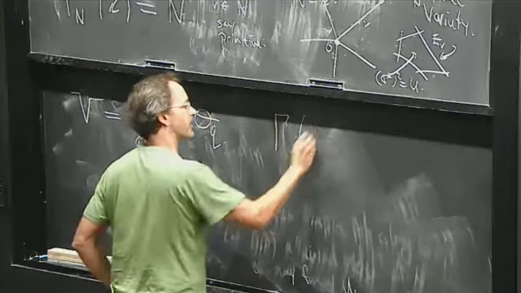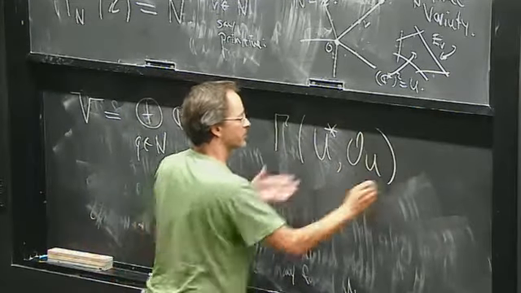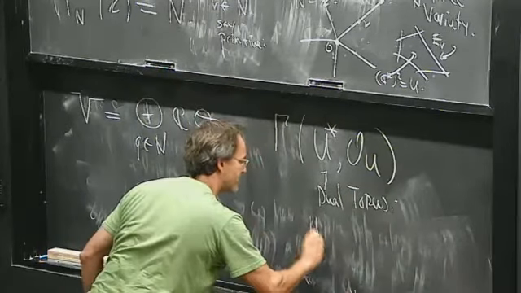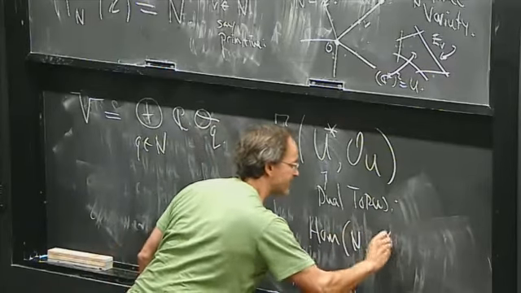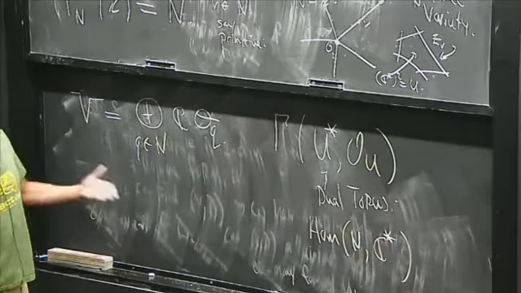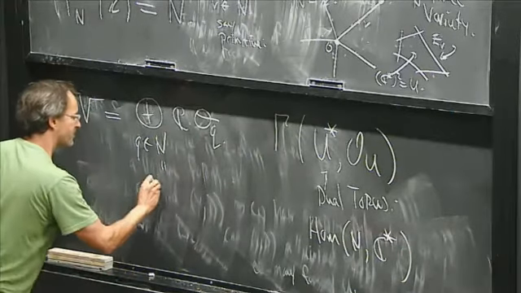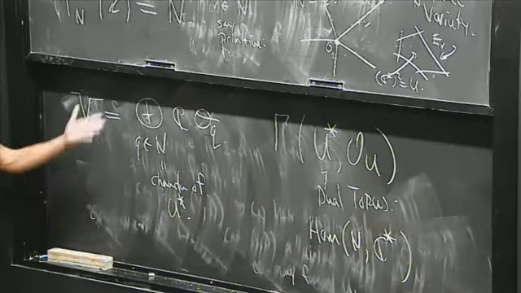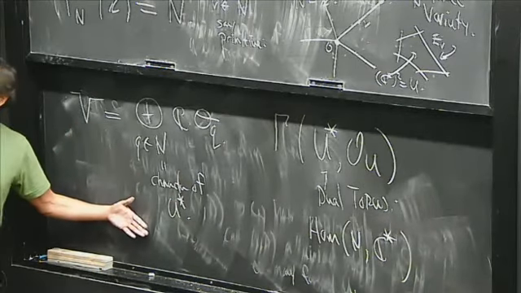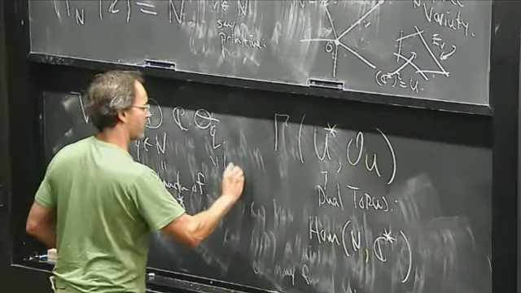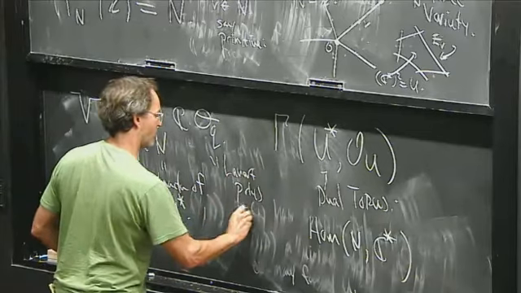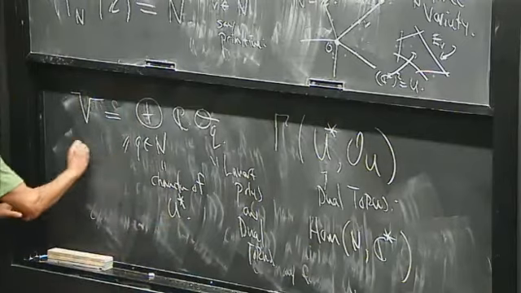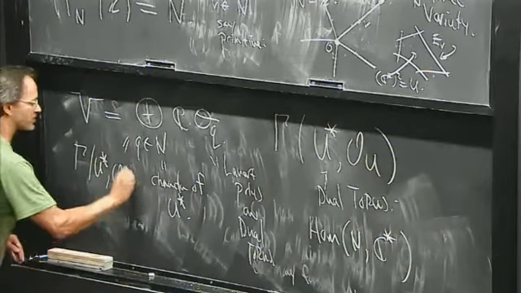This is just the dual torus. Let's take the global sections of O_{U^∨}. This is the dual, or mirror, torus, defined as maps of N into C*. These are just the characters of U^∨. When you write it down in terms of the dual, these are just Laurent polynomials on the dual torus. So of course this is indeed the global sections of O_{U^∨}, and this does have a multiplication.